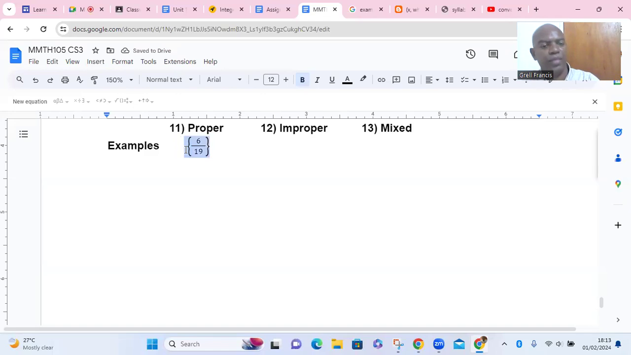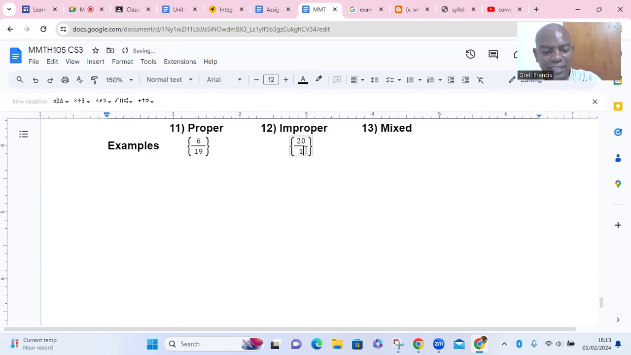Improper is when the numerator is bigger than the denominator. So let's say you've got 20 out of 10. Can you take 20 objects? Can you take 20 apples out of a container that has 10 apples? So that's not proper. That's why they call it improper. Okay. You can't take out